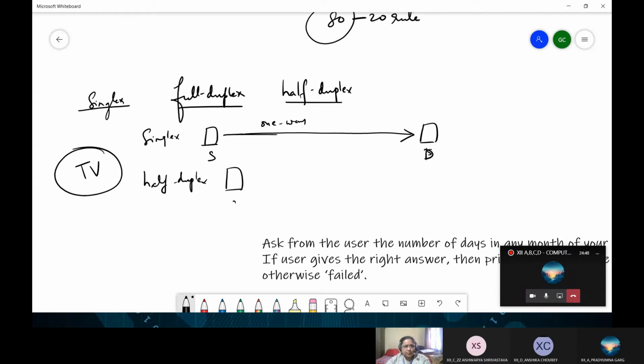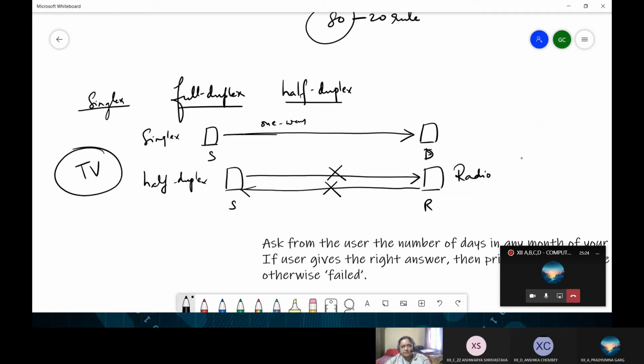Next comes half duplex. Half duplex means both the sender and the receiver can communicate, but when the sender is sending information, at that time the receiver will not send anything back. Only after terminating that connection, a new connection will be established where the receiver will be sending information to the sender. Then when that is disconnected, again the sender can send messages to the receiver, right? This usually takes place in radio communication, like a walkie talkie. So half duplex communication takes place there.